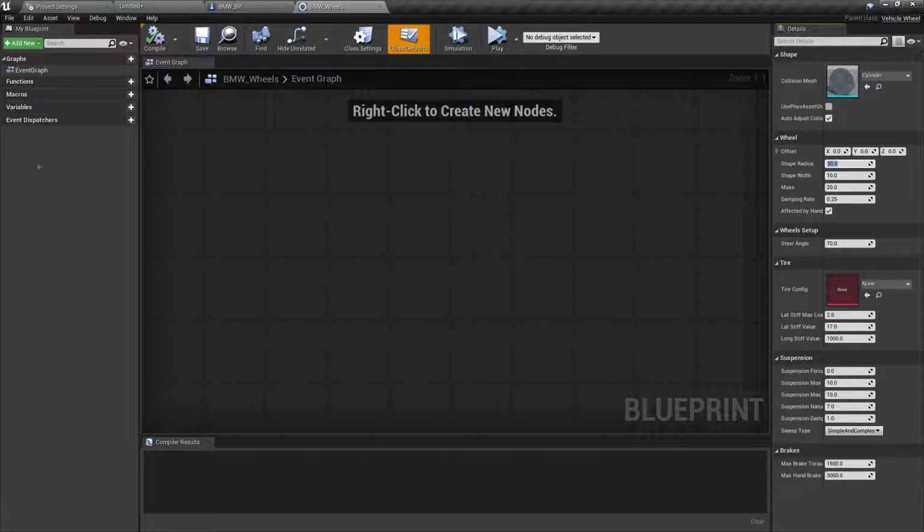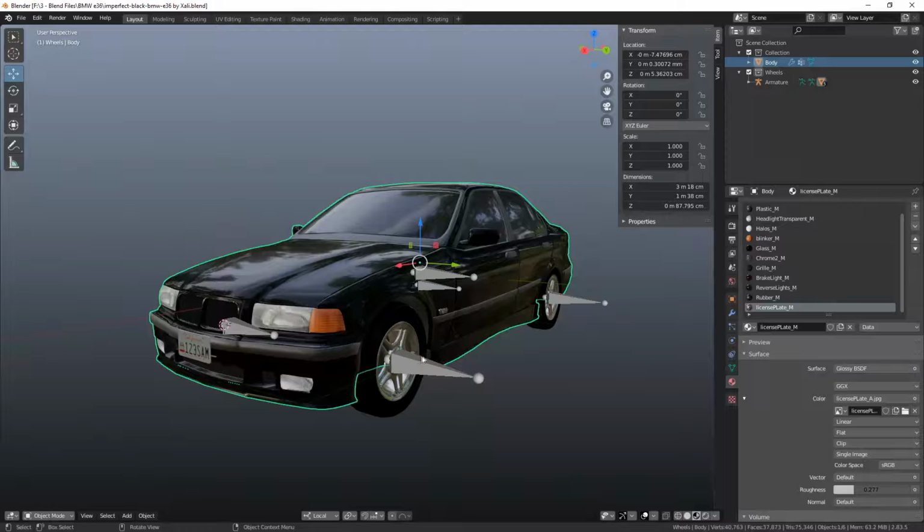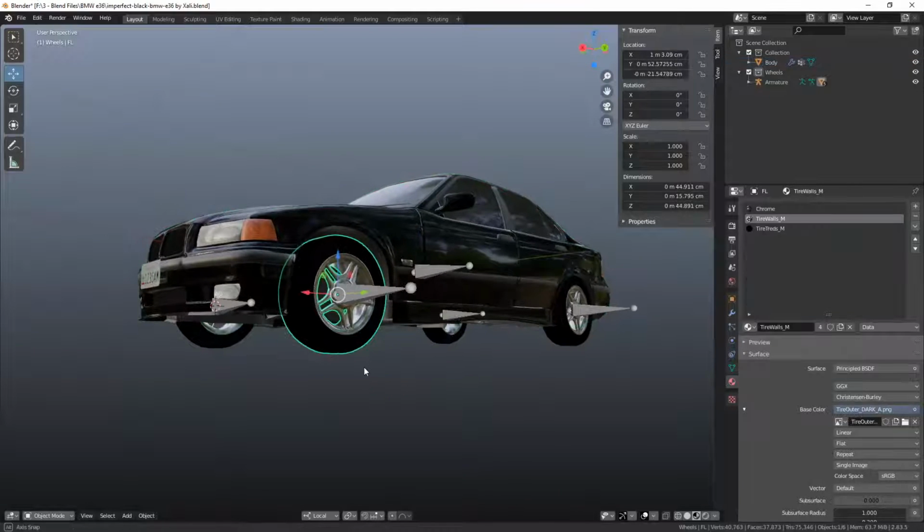Now the way to work this out, if I just open up my blend file. Alright, so this is the blend file of the BMW. If you select a wheel, it'll tell you here, and make sure Item is selected up there. It tells you here 44 centimeters. We're looking at the Z and the X values. They should be the same, but they're not quite. But anyway, it doesn't matter. Point is, it's 44 centimeters tall.